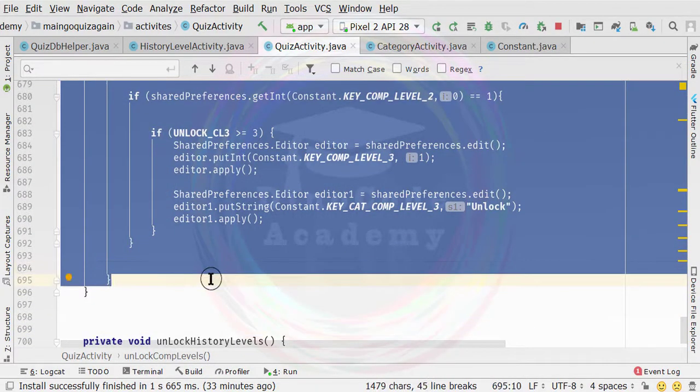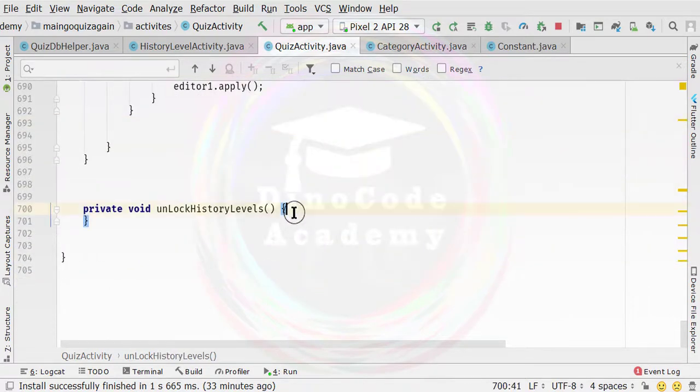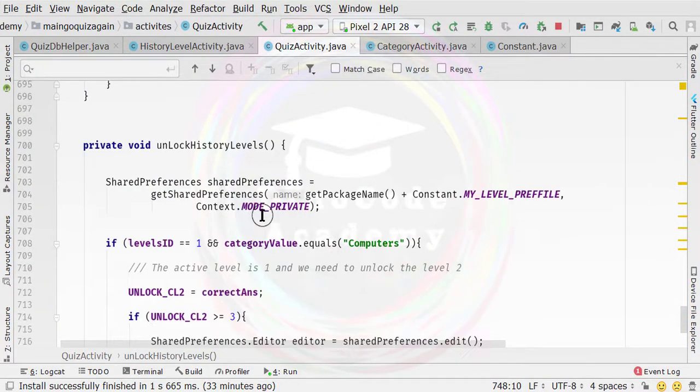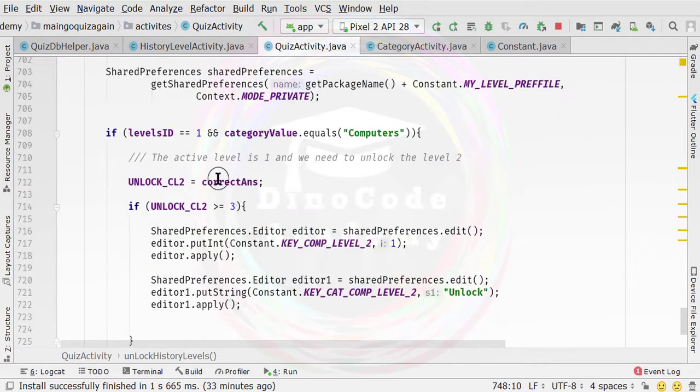Just we need to change the key and values, meaning the constant values that we are updating inside the shared preference. Now the code is actually inside the unlock level history method also there. And the first thing, we need to compare the level ID if the category is history,